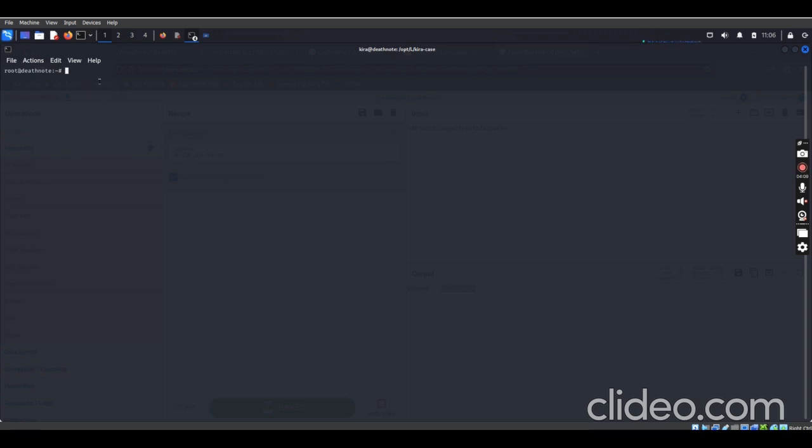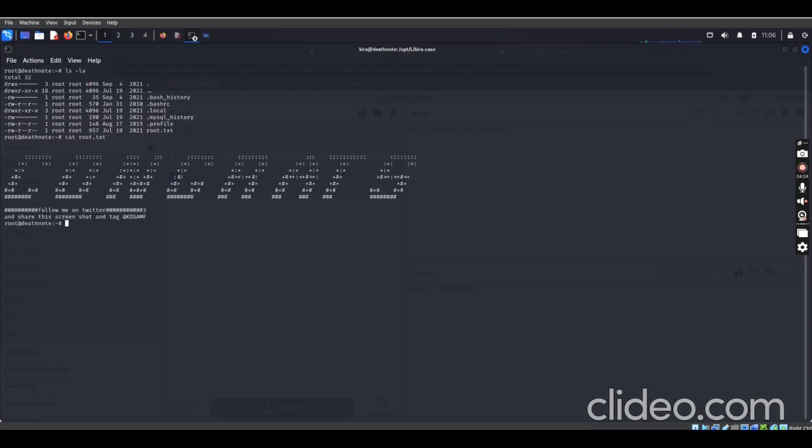So I list all the folders here, and here we have the root.txt. Now let me cat the root.txt to extract the information in it. And we are able to extract the information, which says congratulations.